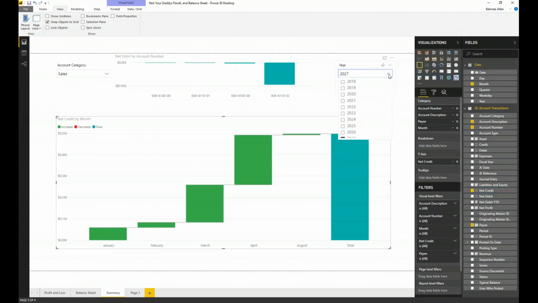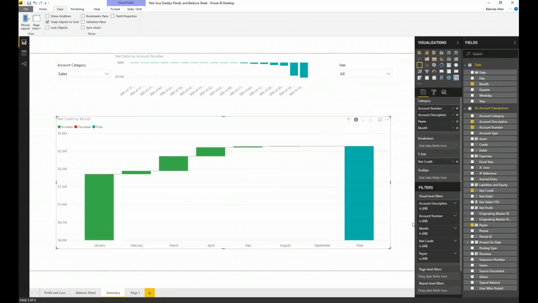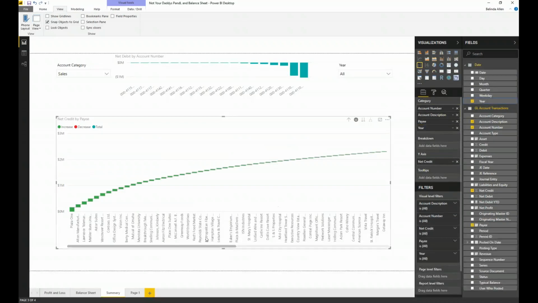I could also come in and maybe I want to just do a comparison year over year. So if I took out the years on this particular visual, I might want to also take out the month and I might want to add in the year. And now I can look and see what this is doing on a year over year basis.